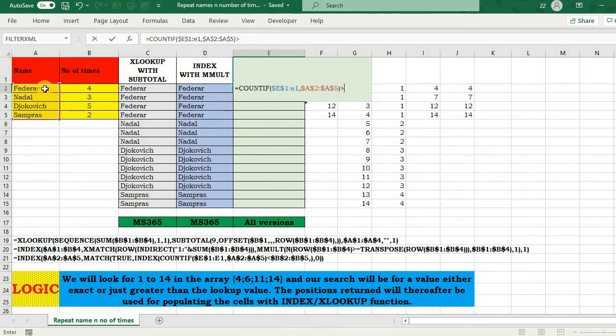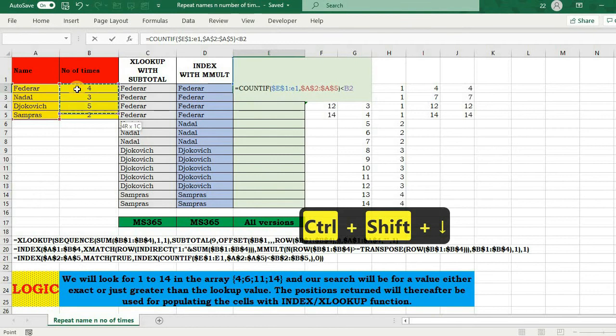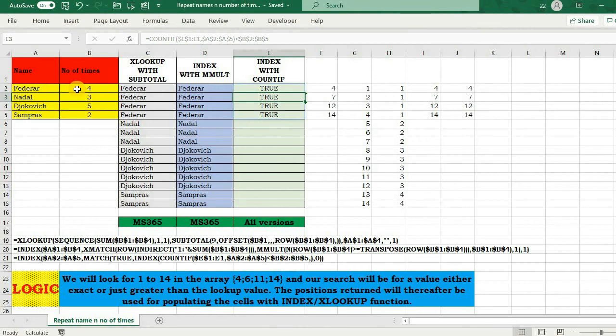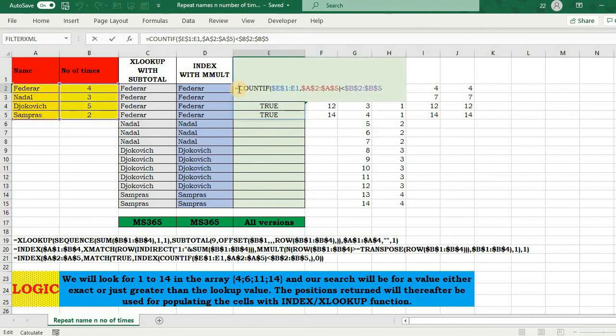And if this count comes out to be less than these four numbers, F1 to F4. Since I'm using MS365 right now, I'm just showing you what we will get. We will get true, true, true, true, 4 trues, right? Because there is no Federer, Nadal, Djokovic in the cell beforehand. So had this not been Microsoft 365, we would have required to press Ctrl Shift Enter, and also we would have required to select 4 cells beforehand. No worries, now this COUNTIF function is giving me true, false.